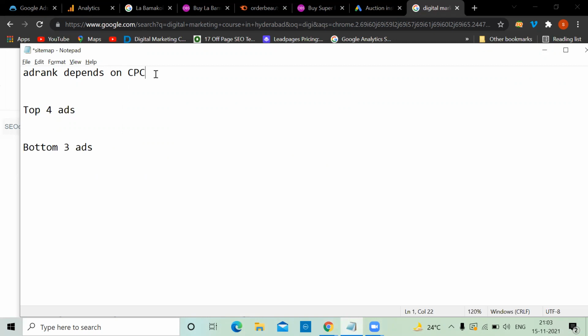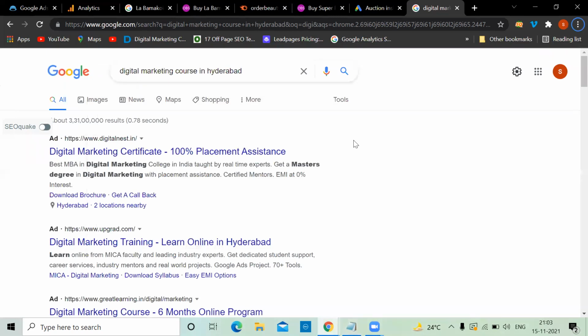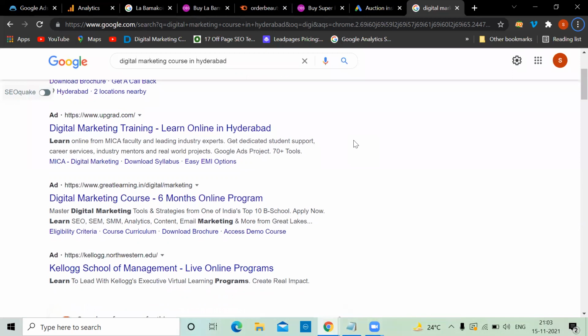So Google started something called quality score. Quality score also matters. I'll be explaining that tomorrow: what is quality score and how it works. It's more of maths. Tomorrow's session will completely work on that. This will be good for the interview. Practically, the quality score is not decided by us, it's decided by Google. But if you know that perfectly, you can improve your quality score and your campaign will perform better.